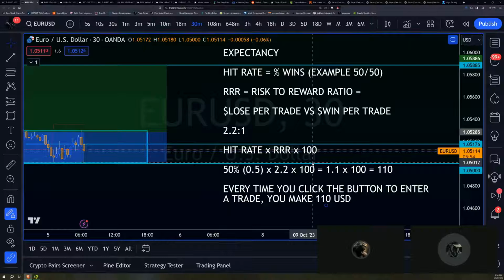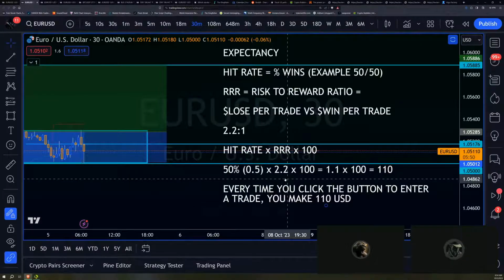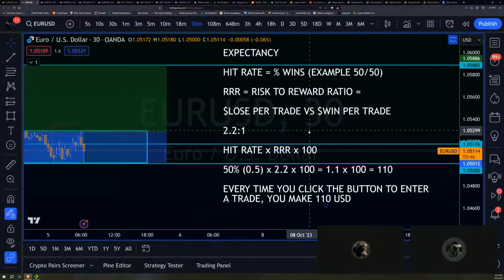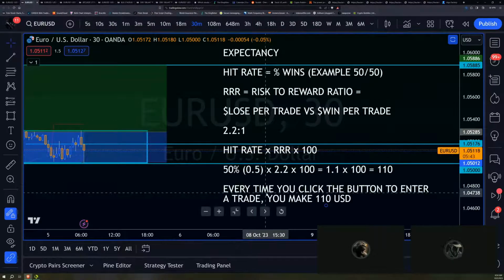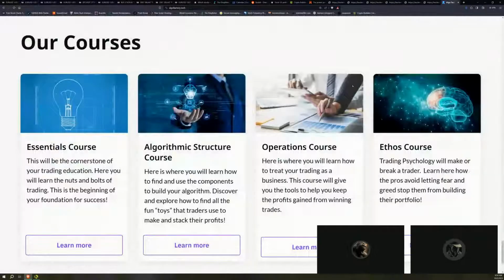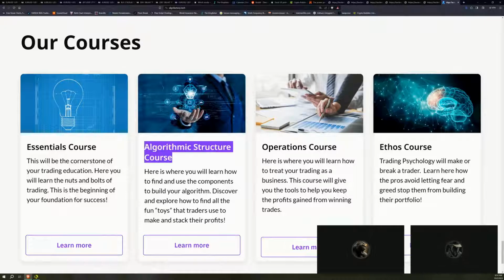So long story short, you will be able to get a more refined number because you're going to take that trading plan that you developed. We have an entire, very deep, in-depth class on how to develop that trading plan, right? That's on the website. That class is the algorithmic structure course, right? That's going to teach you to develop your trading plan, and that's going to take you several weeks. It might even take you a few months.